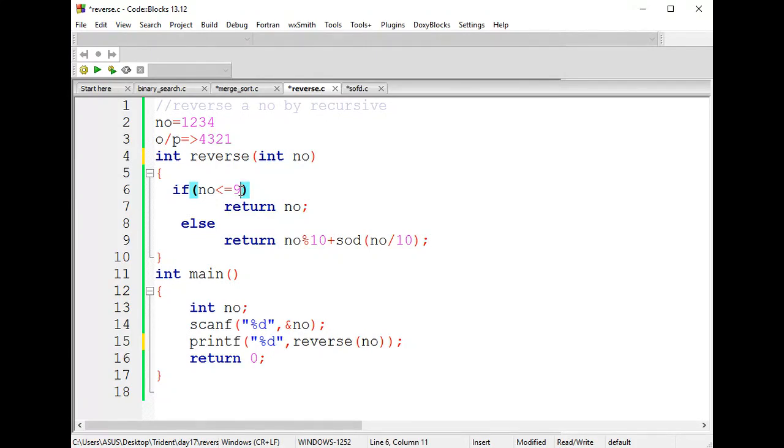What I can do here, for each and every iteration, we'll have one variable called result. We are supposed to do result into 10 plus the modulo value.